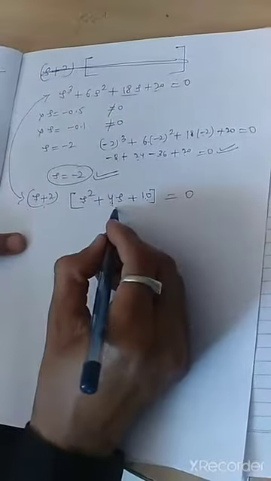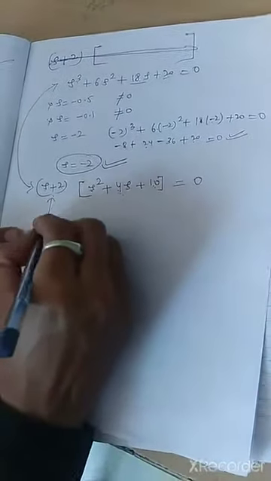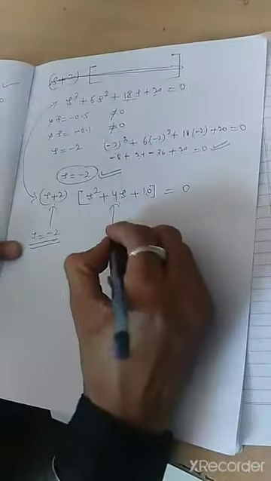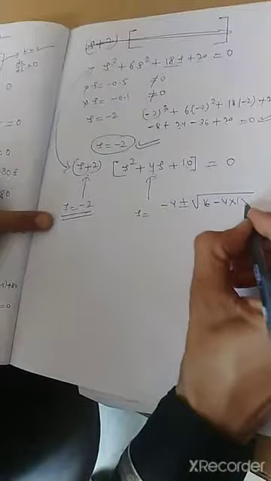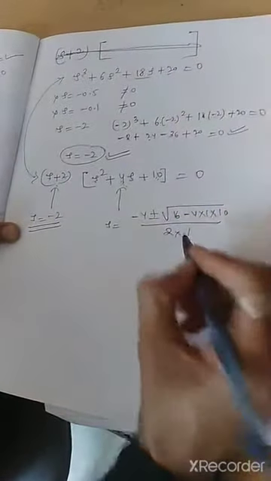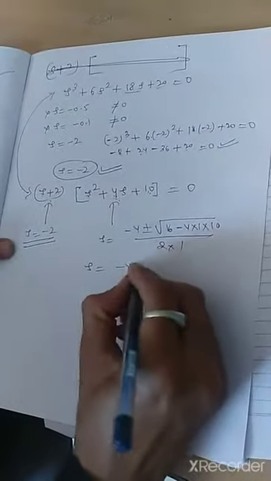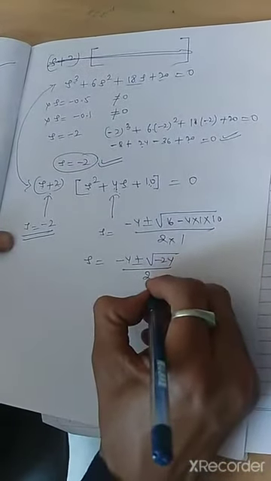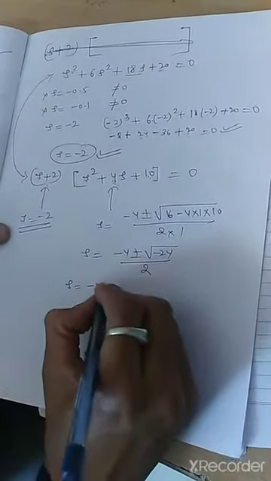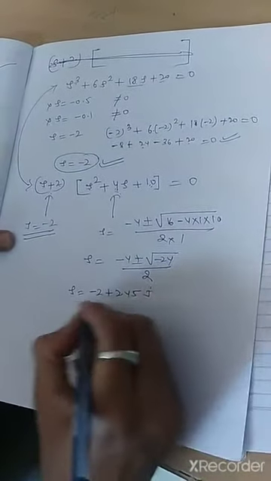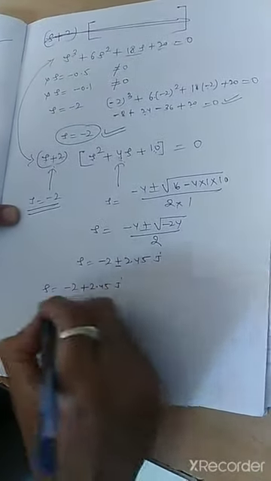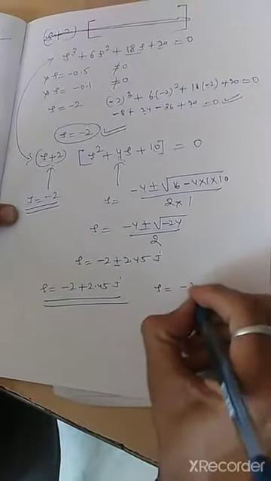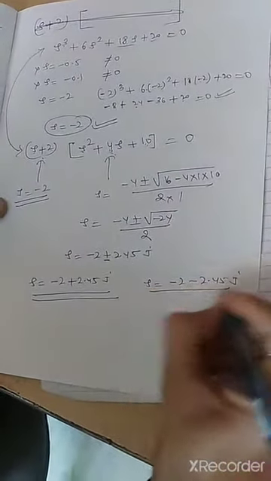So now these two equations are there. So what are the breakaway points? This s equal to minus 2 is a breakaway point. Now for this, s equal to minus b plus minus root of b square minus 4ac, divided by 2a. So minus 4 plus minus root of 16 minus 4 multiplied by 1 multiplied by 10, divided by 2. So I will find s equal to minus 4 plus minus root of minus 24 divided by 2. It means s equal to minus 2 plus minus 2.45j. It means s equal to minus 2 plus 2.45j is one more root, and minus 2 minus 2.45j is another root.